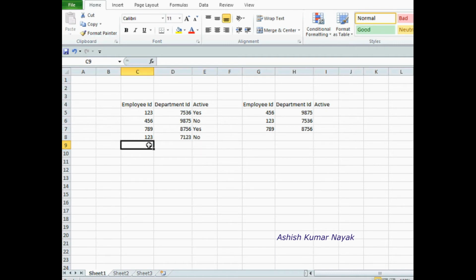Now he is transferred to a different department, so that ID in that department is inactive. Okay, and let's type something else. Let's copy this 789 here. This person, this employee ID 789 was there in some other department.